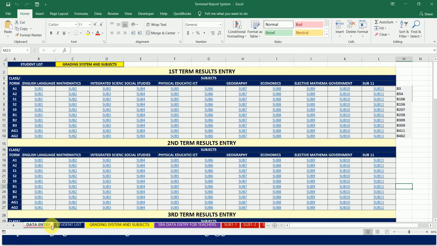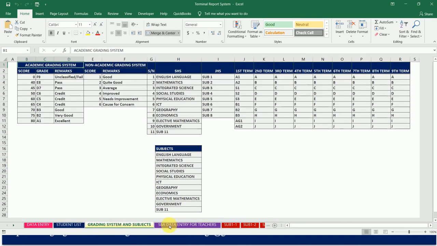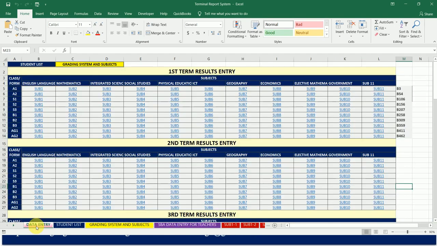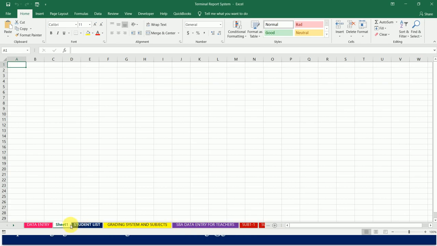Our data entry sheet, student list. We've done the grading system. We've done the SBA data entry for all teachers. Okay, so we click on our data entry, then let's see what we can do with our terminal reporting cumulative record worksheet. So you just click on the plus sign here to open a new sheet,